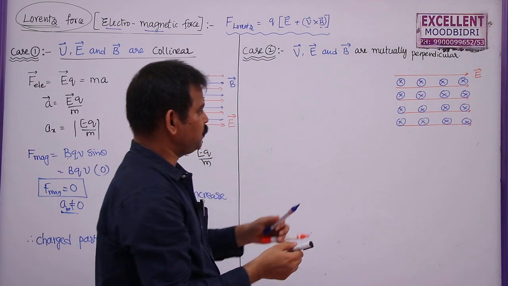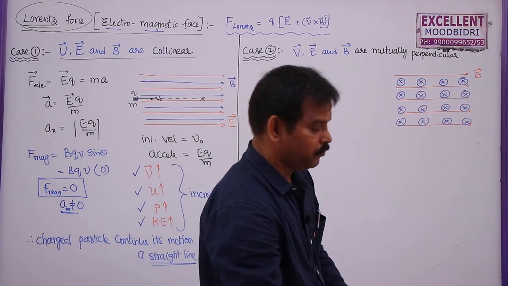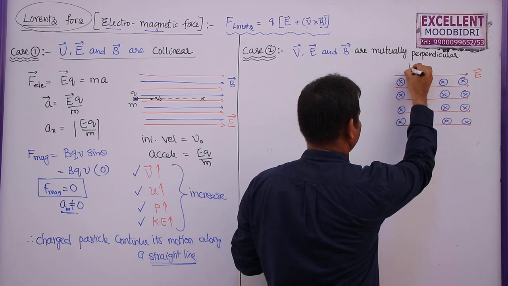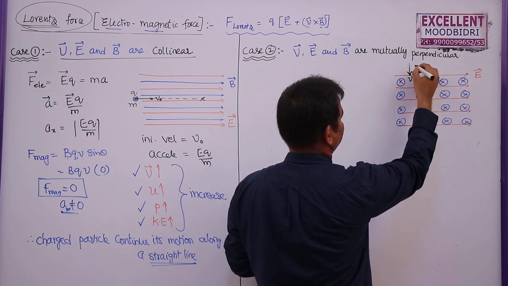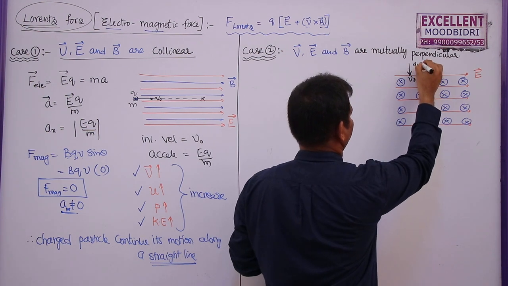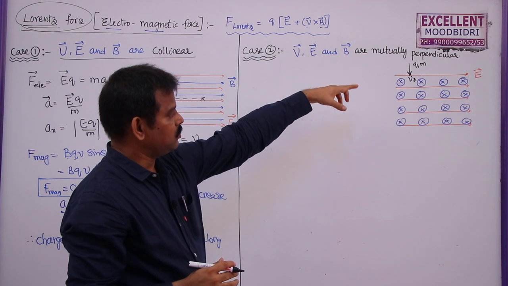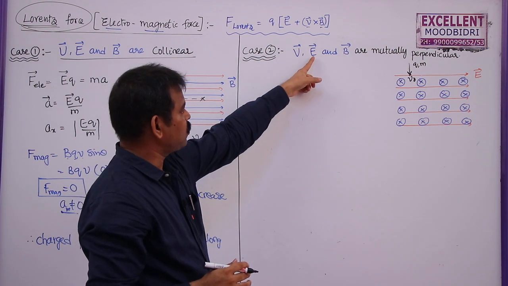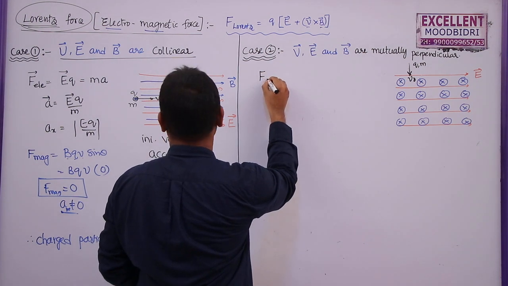Now let us say one charged particle is entering into this one, that is also perpendicular to both electric and magnetic fields. So here I am denoting this charge as, this is the direction of velocity of the charge and the charge is Q, mass is M. So what are the forces experienced by the charged particle when it is entering perpendicular to both electric and magnetic fields? So first let me find out the electric force here.